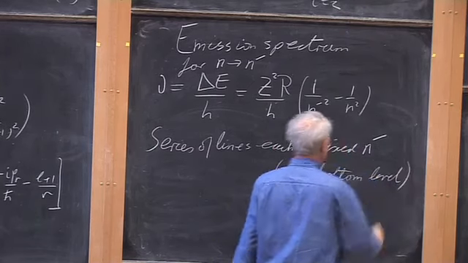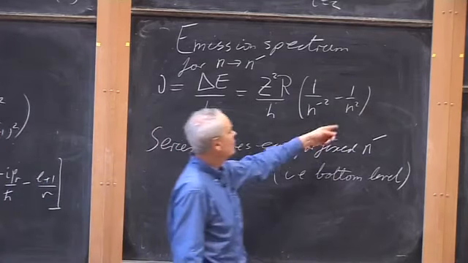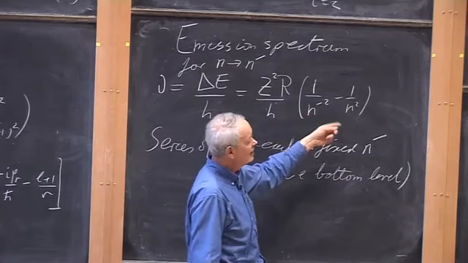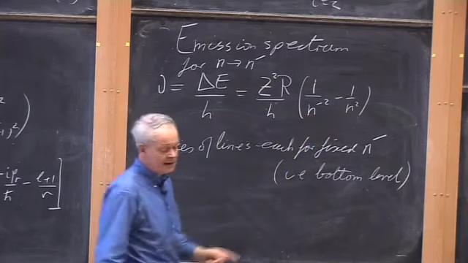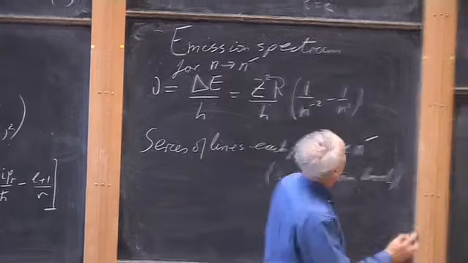So if we fix n primed at 1, we can have transitions from n is 2 to 1, or n is 3 to 1, or n is 4 to 1, and these are the successive lines of the Lyman series. So here we have